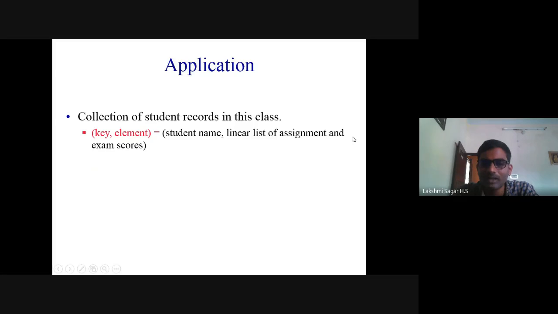So here all keys, that is all student names, are distinct in a classroom. Sometimes one or two students' names may be the same. It is possible that the key is the same but the exam scores are different.